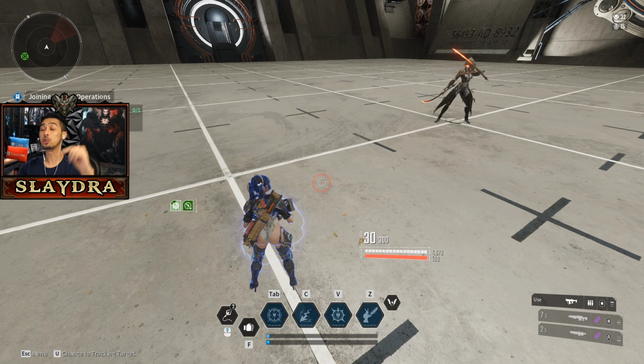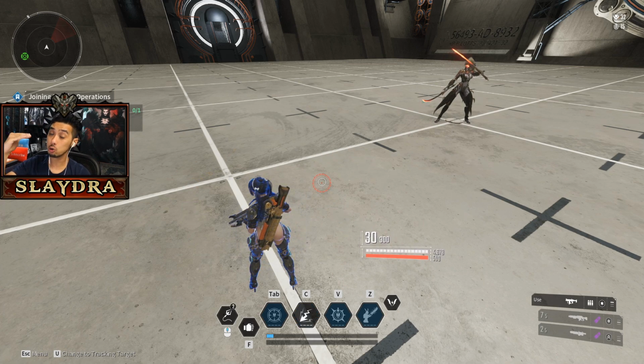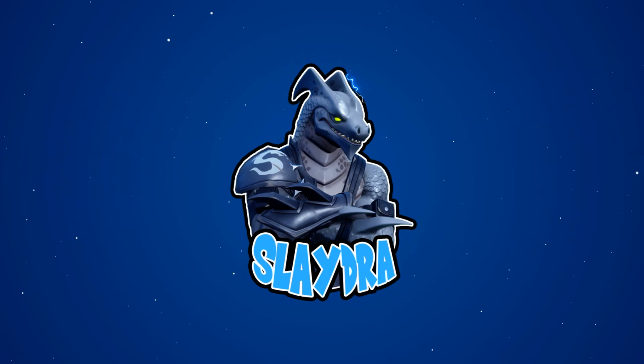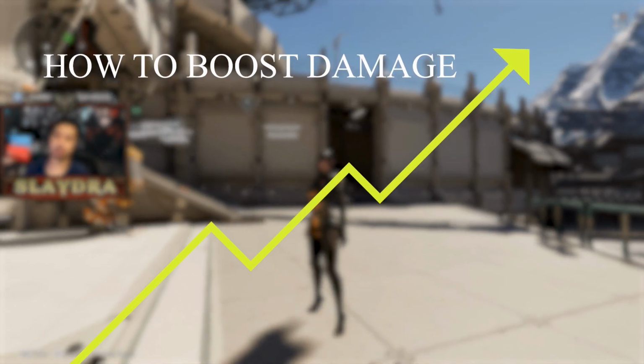And let's drop into what is actually causing your DPS to not match what you should be doing. You can basically get 5 times plus the damage that you are actually dealing. Let's hop right into it. What's up, Descendants? So let's go over how we're going to be able to significantly boost our damage in First